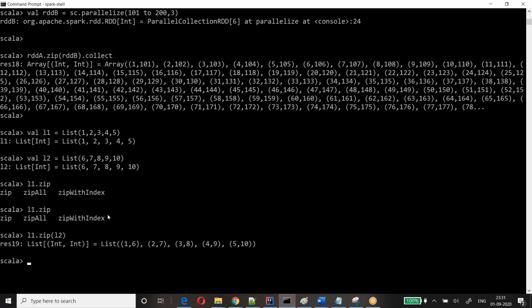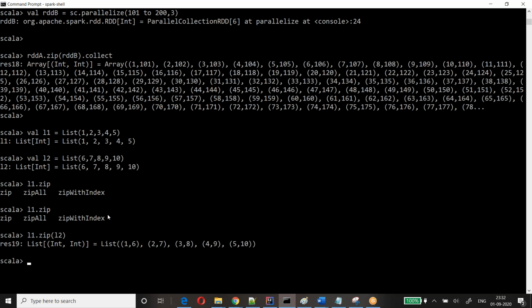Same, right? 1, 6, 2, 7. First element from list 1, first element in list 2, second element in list 1, second element in list 2. Both are the same. This is a higher order function, same as in Scala. What if we have lists of different sizes?